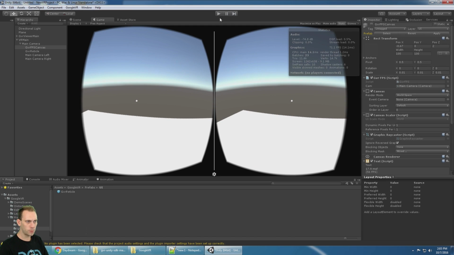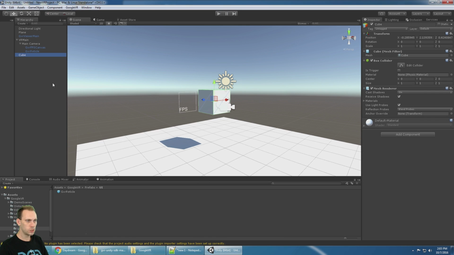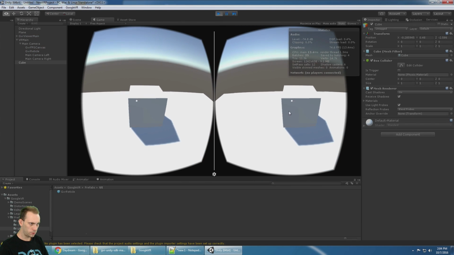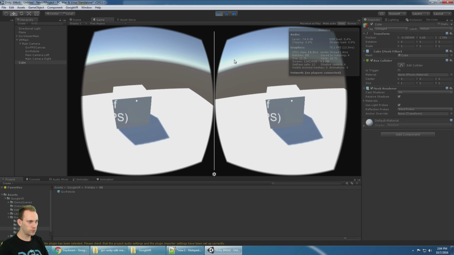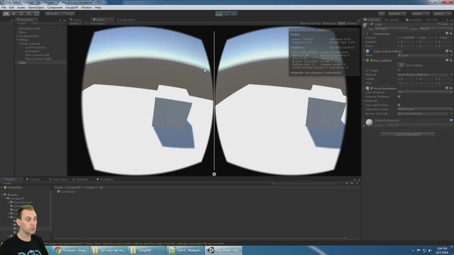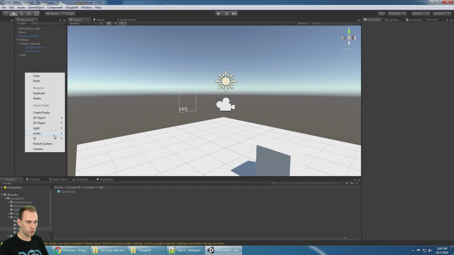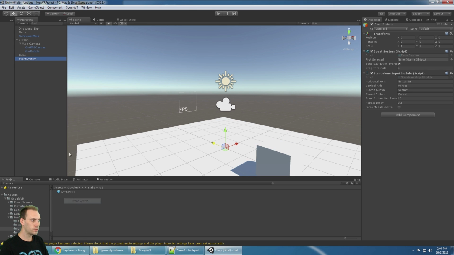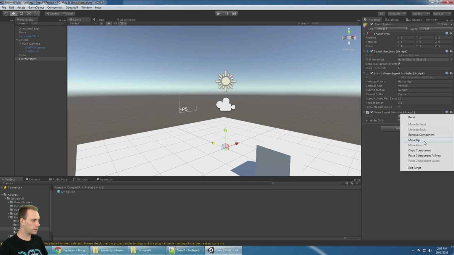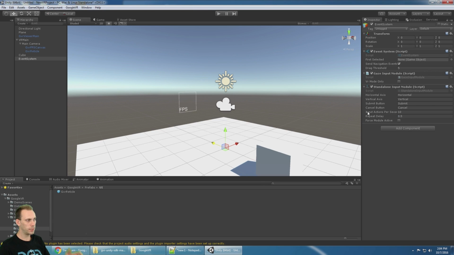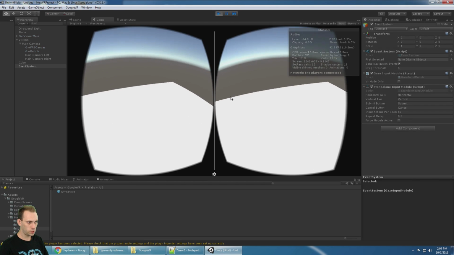If I want to interact with an object like a box, then I just need to make sure that it has a collider, which Unity adds by default. And that means that the dot will be able to react to it. But right now there's no event system. We need to add an event system, so we need to click on UI event system. So now that we have the event system, we also need to get the gaze input module. This is a part of the Google VR SDK, and we're going to move that up above the standalone input module, and that allows events like pointer enter, pointer exit, pointer click to work with the gaze,